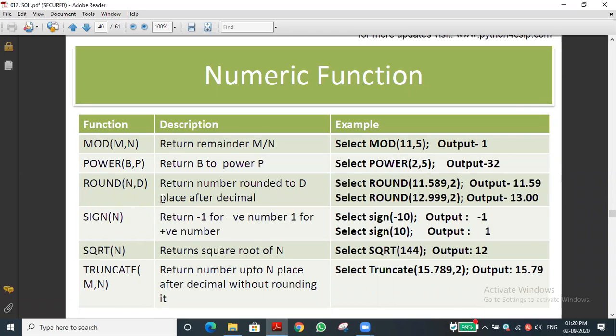And the round function. It is the same function we use in Python with the same name. It will round off the value. It will give the very next significant digit. Let us see this example. Round off